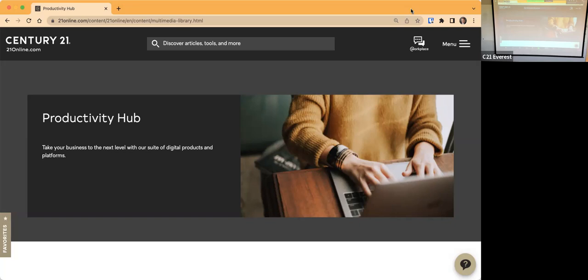But we're going to just start with first, how do you even access it? Once you log in, you're going to want to access this by going to 21online.com. The other option that you have available, just so that everybody is aware, is